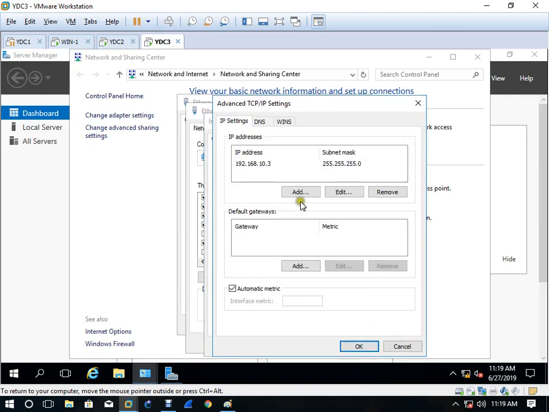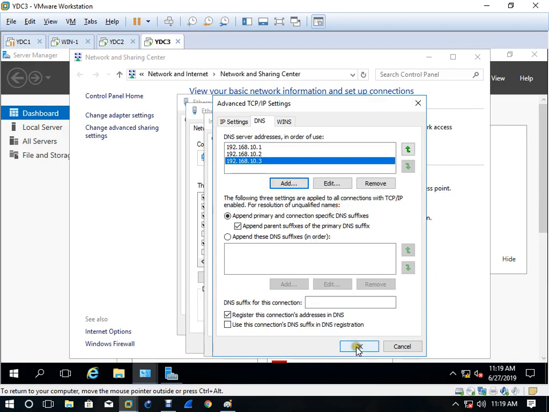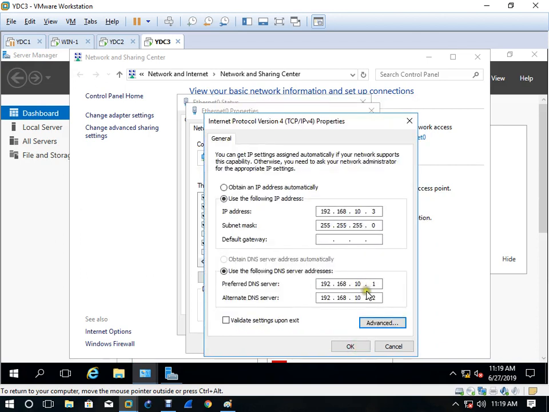And I have another DNS, which is 10.3. Write it down, no problem, because here we can only add 2. If one is down, you can remove one if you want. Should I remove it? No. Okay.